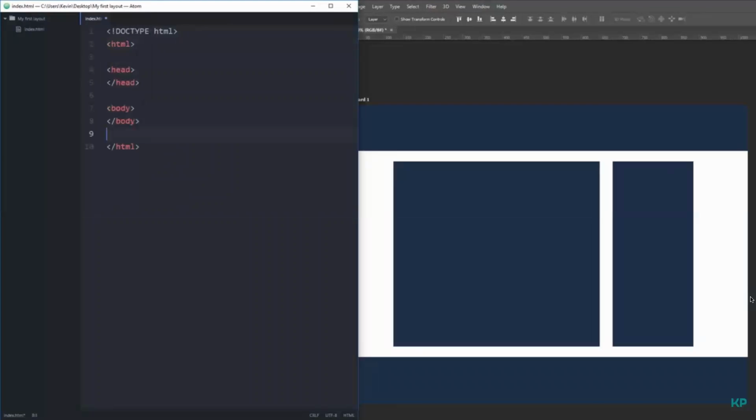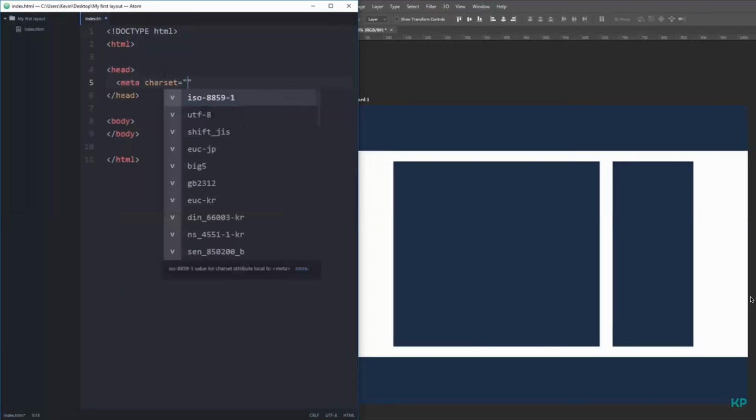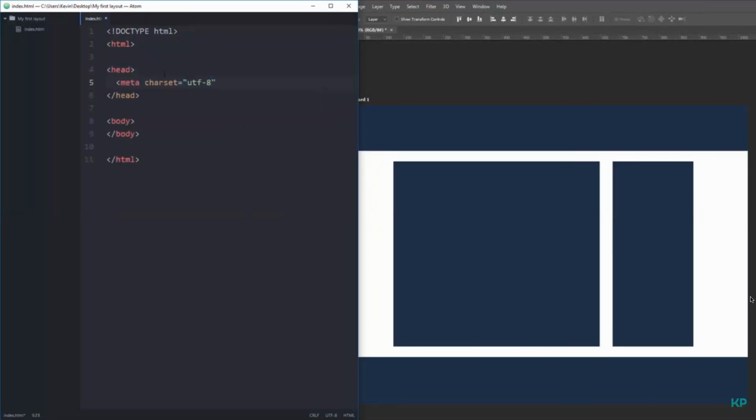So I have my doc type, then I have my HTML tags. Inside of there I have an open head, close head, and I have my body, close body. So if you remember from earlier on, our head is where we put the extra information, and the body is where we put the content that we'll actually be seeing on the screen. So I'm first going to come into my head here, and we're going to give this the meta tag for our charset, which is one of the important ones, and pretty much everyone will always just be using UTF-8. We're going to look at another meta tag that I haven't looked at that's fun. We're going to do meta